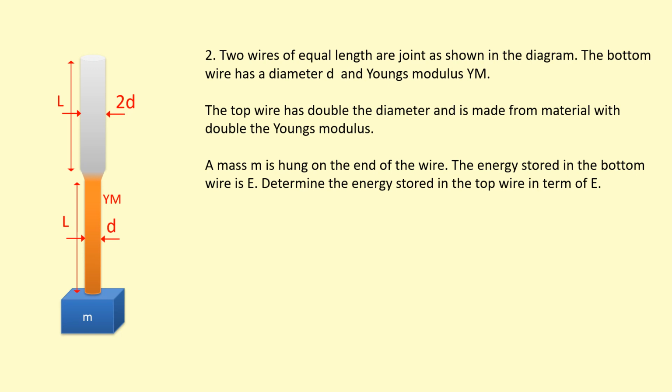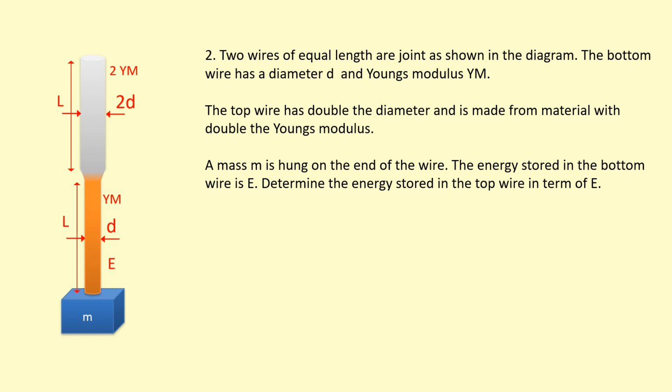So that means it's twice as stiff. A mass m is hung on the end of the wire. The energy stored in the bottom wire is E. You can annotate that as well. Determine the energy stored in the top wire. Okay, because the mass m is acting through this whole system here, and we're going to assume the wires themselves